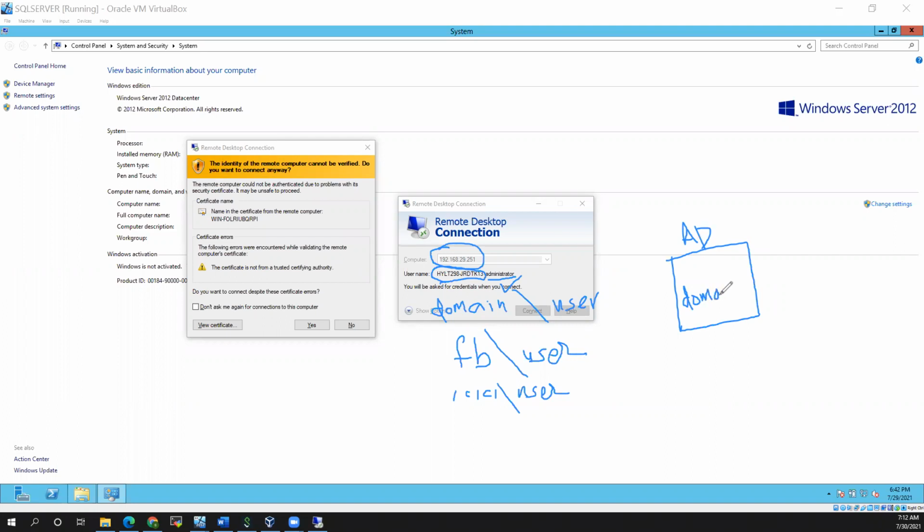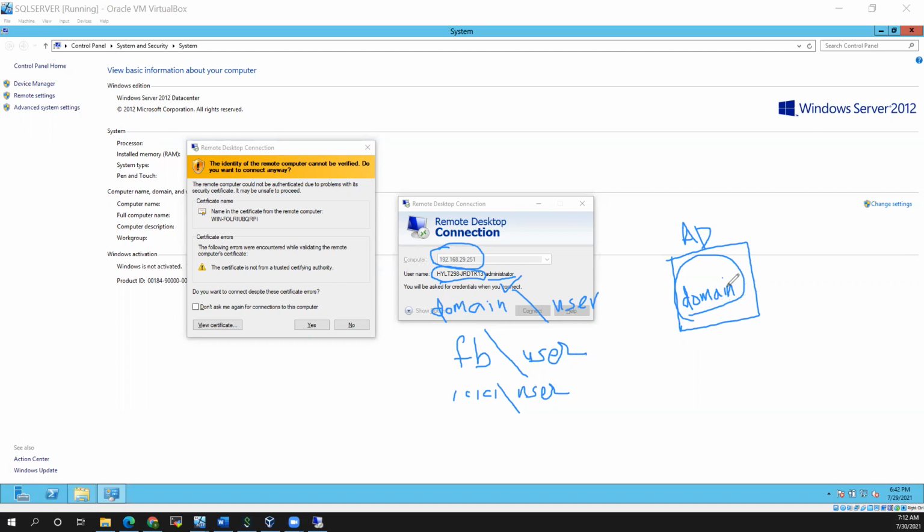Based on your wish, whether test domain, prod domain, or with the name FB, whatever name you want, you can create. So in AD, the domain will be created.